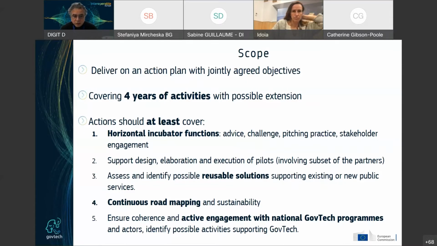And as well, because there will be a number of related activities in different programs of the Commission, it's to ensure coherence and engagement with the national GovTech programs to identify possible future activities that could be done by the